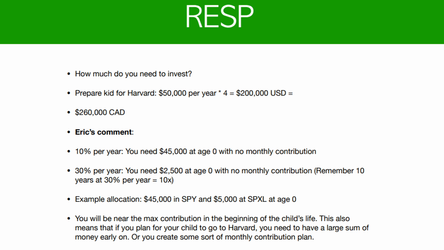So there's actually a giant gap here, and that means I would need to prepare $200,000 for the kid if the kid wants to go to Harvard. So it's an enormous amount of money today, and this number is going to double when my kid is around 18 years old. So when you think about that, that is actually a lot of money people need to save up for.